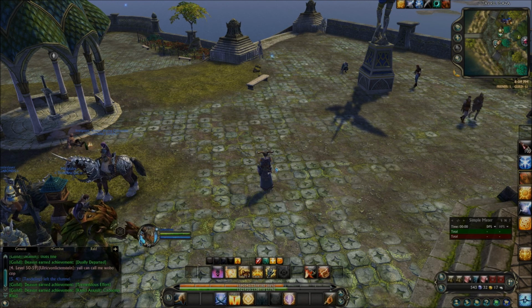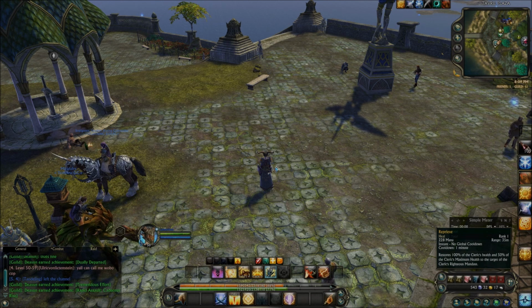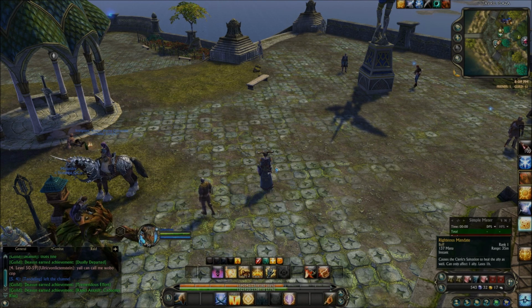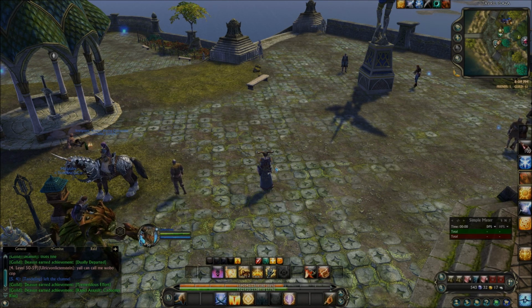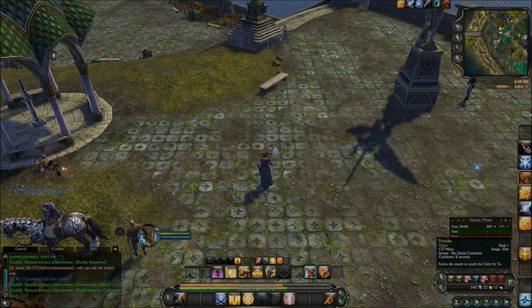Now, for your main cooldowns, you're going to have Reprieve, which restores 100% of the Cleric's health and 50% of the Cleric's maximum health to the target of the Cleric's Righteous Mandate. So it'll heal you and the target of your Righteous Mandate buff, i.e. probably the healer. Now, some other things that are important, obviously your Provoke, which is your single target threat,